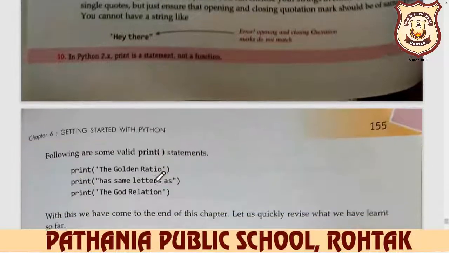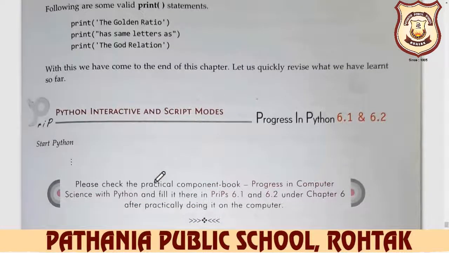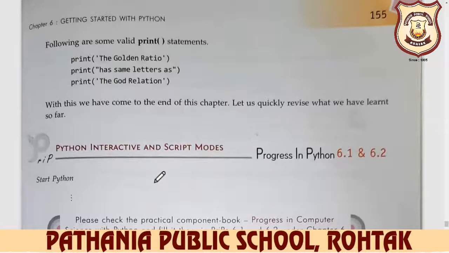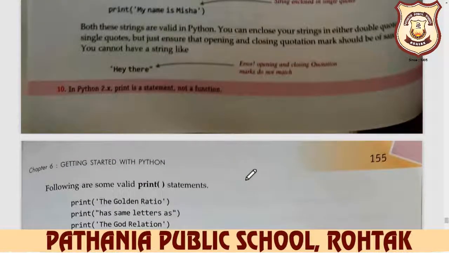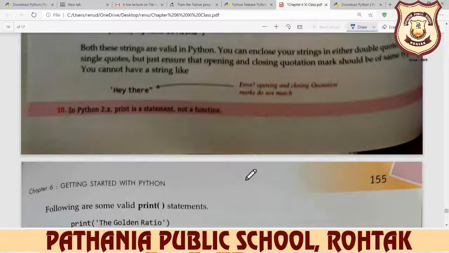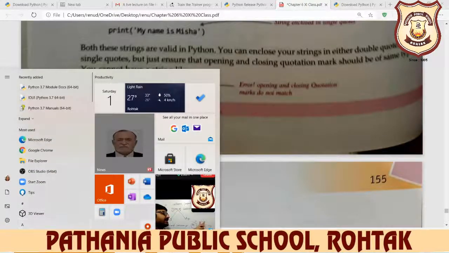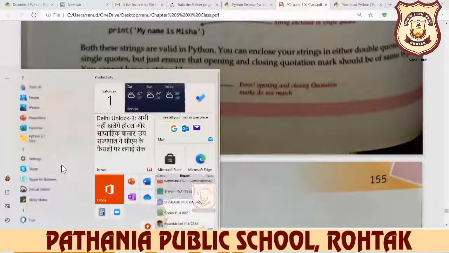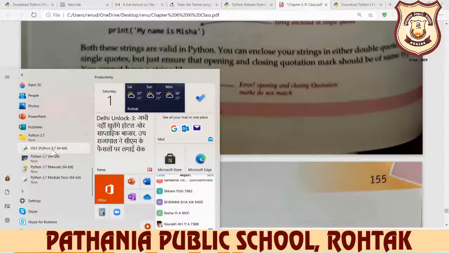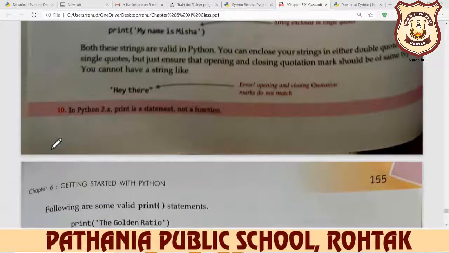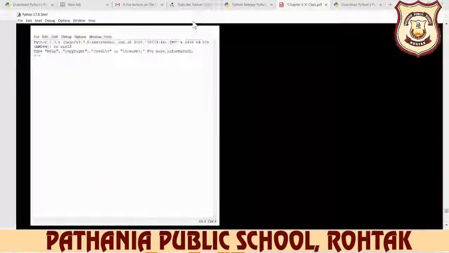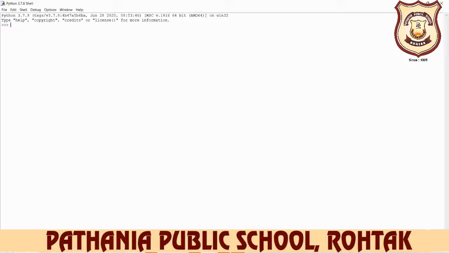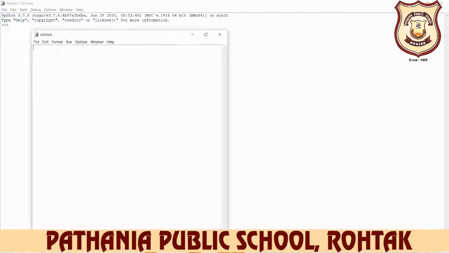so this is all about what is Python, how to download Python, and what is the working of Python. So again, learn everyone, just click on the start button, then you click on Python, and in Python you click on IDLE Python. In IDLE Python, two modes are there. This is your interactive mode, and if you click on the file menu and you click on new file, this is your script mode.